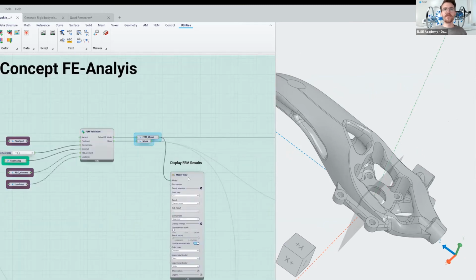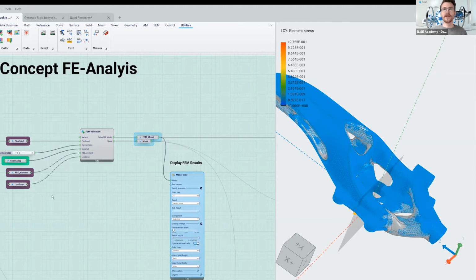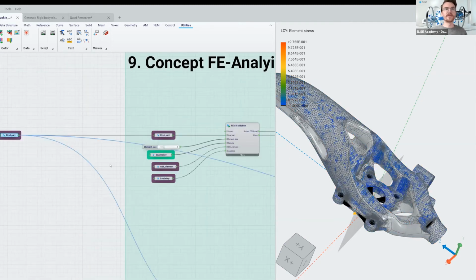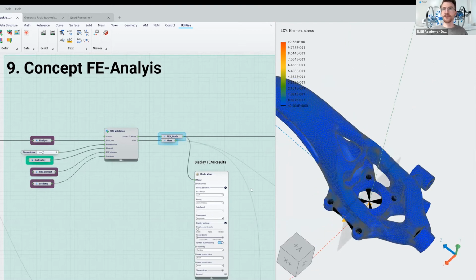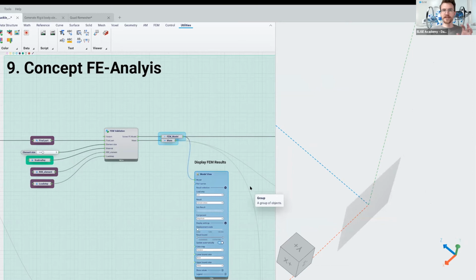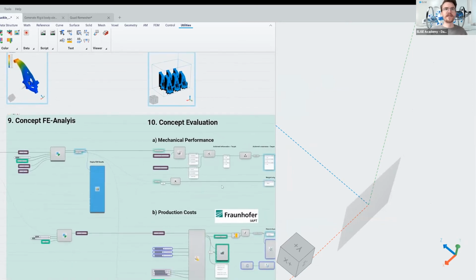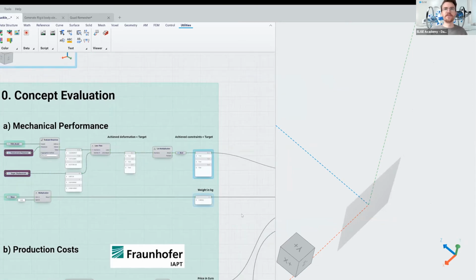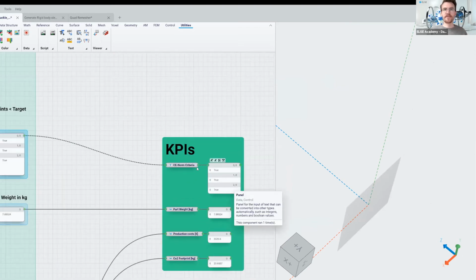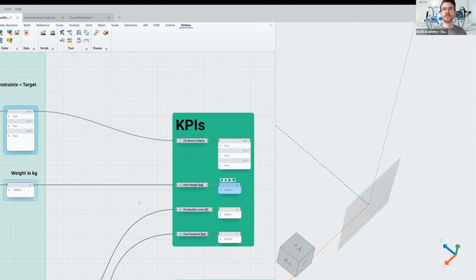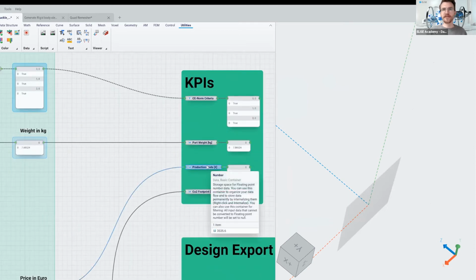And this evaluation, of course, means firstly a FEM analysis, so we can see, are the loads on the part correct? Is the part too light? Does it not hold the stresses? And we can also say, okay, this mechanical performance, depending on the different materials we have, leads to some KPIs. For example, the criteria for stress, deformation, and so on. Are they fulfilled? We see here, okay, they are all true. We see the weight of the part instantly, and we can also see production costs and also the CO2 footprint,